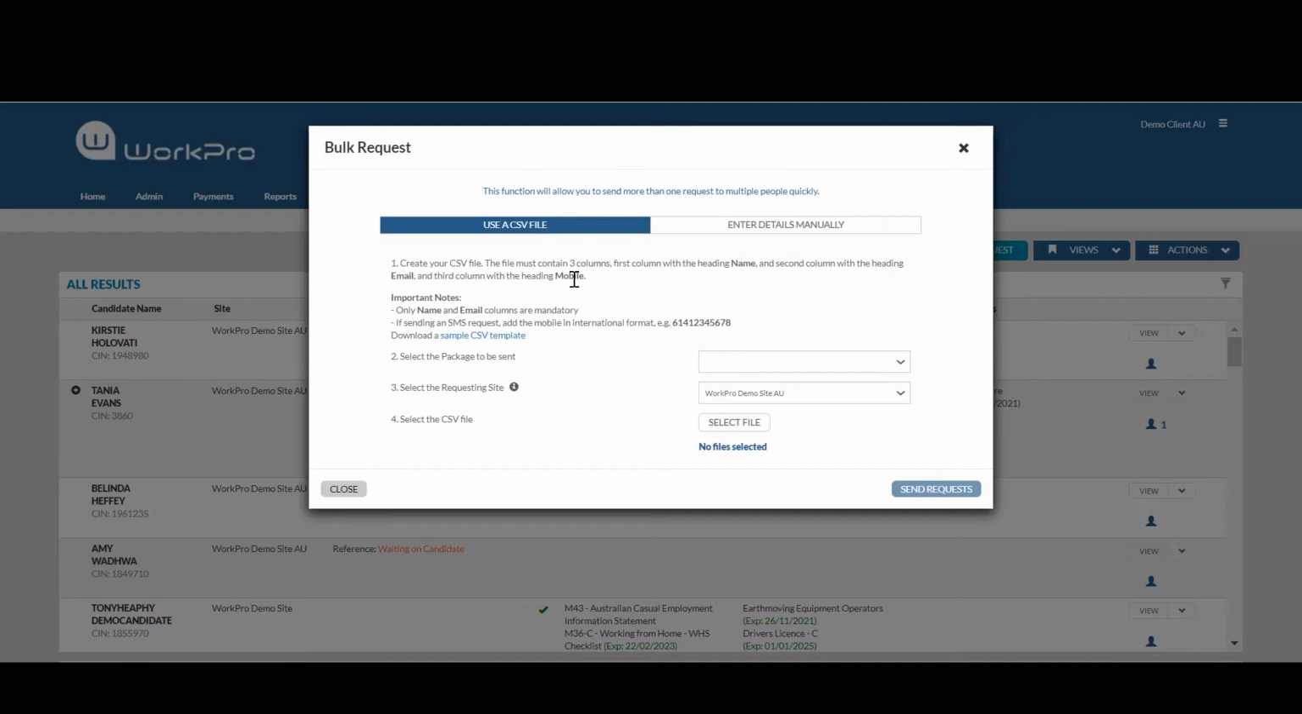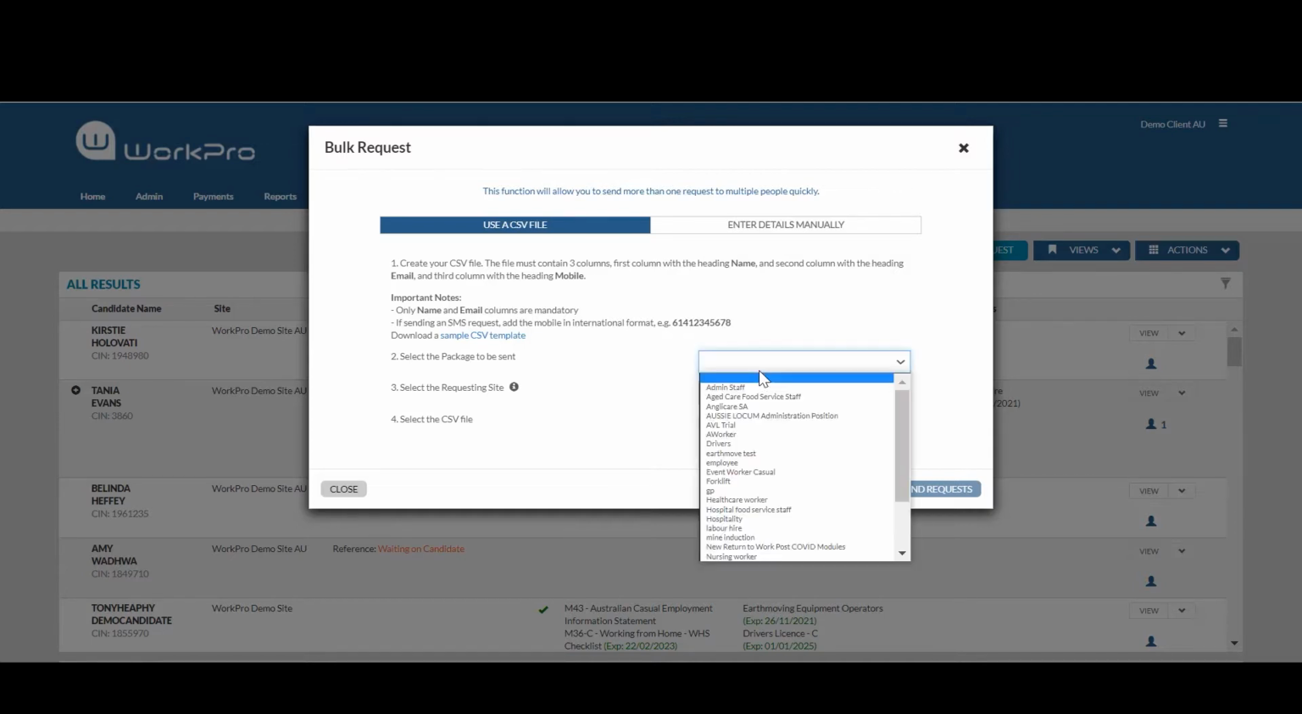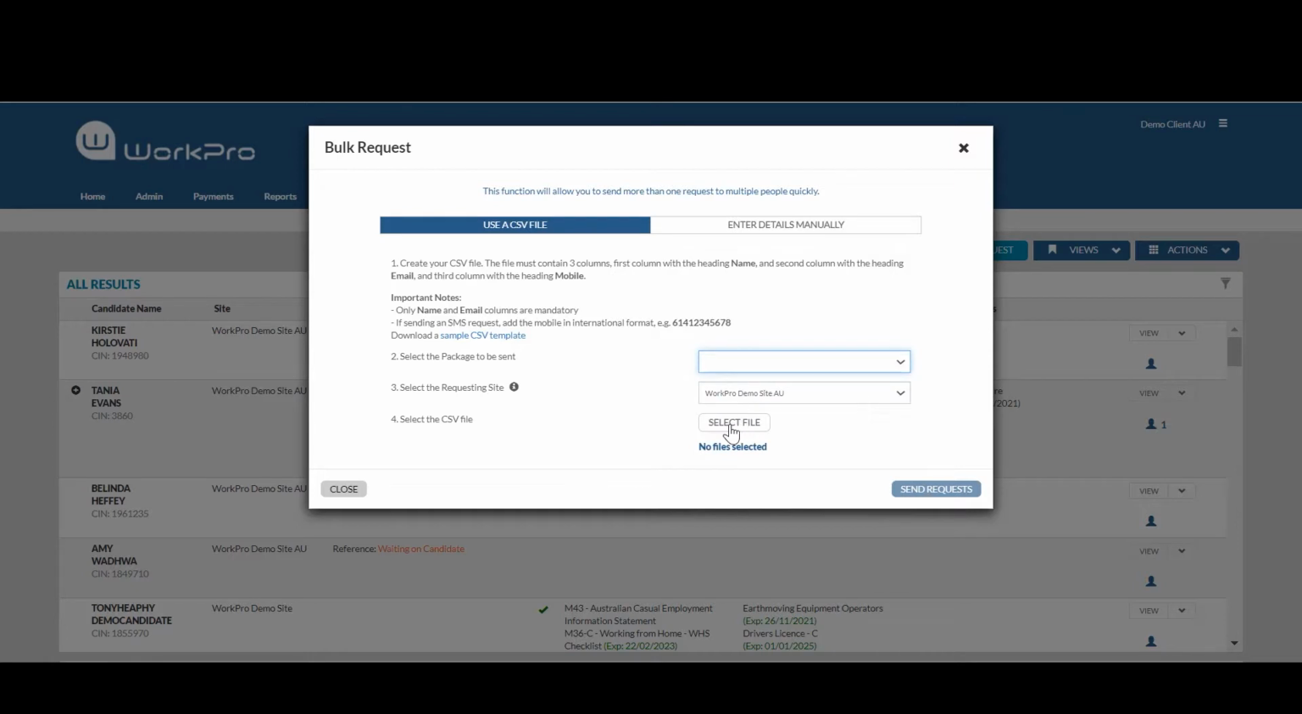If you're not using WorkPro's SMS function, you will still need to add mobile as a heading, but you won't include the candidate's mobile in that column. Select the package, which will be Citizenship and Work Rights Check, upload your CSV file, send your request. So with a few buttons, you could be sending hundreds and hundreds of candidates this request for their citizenship check